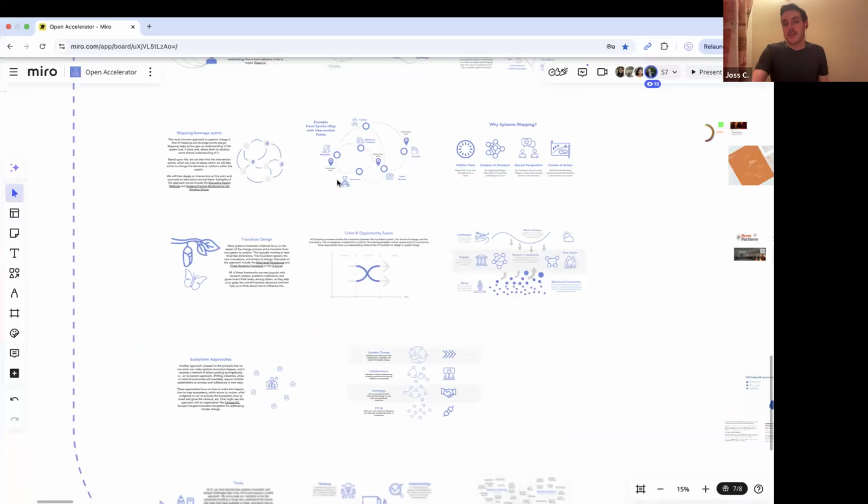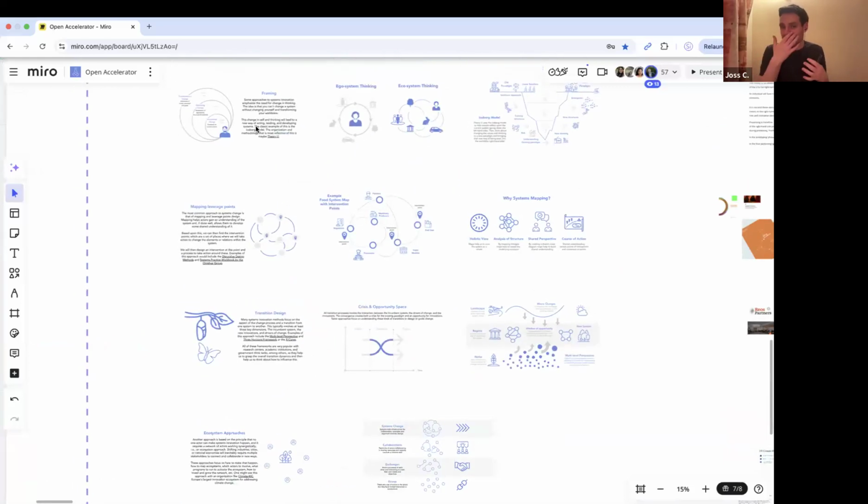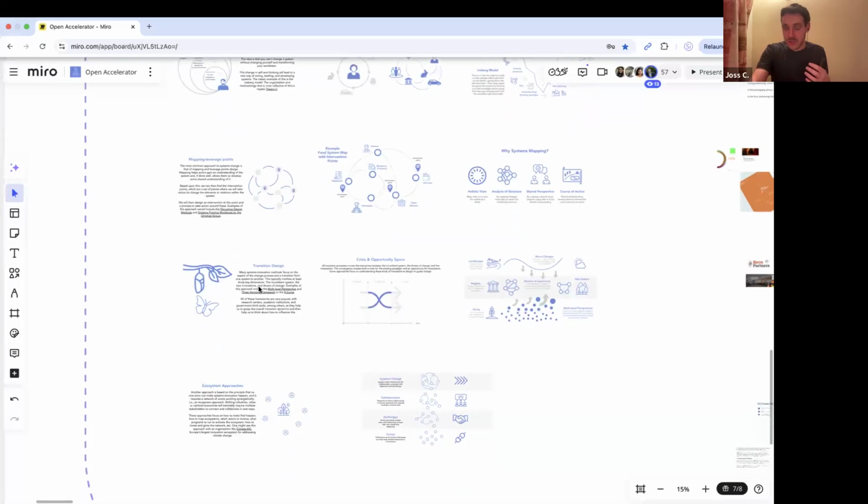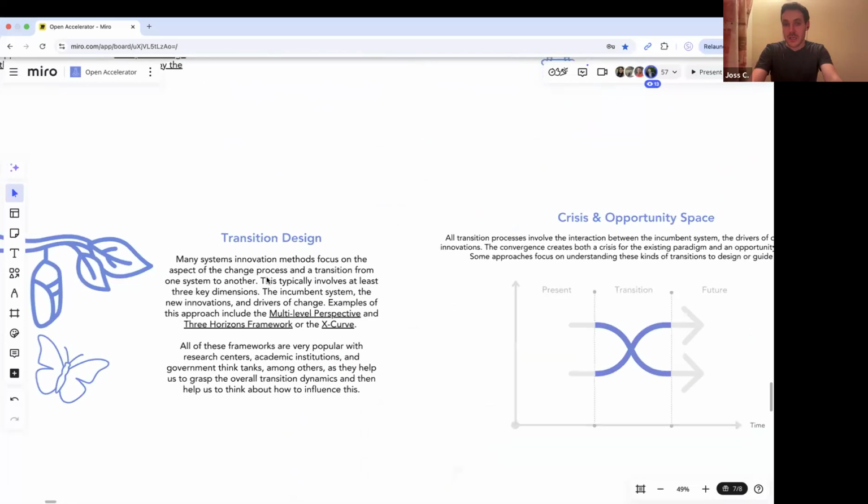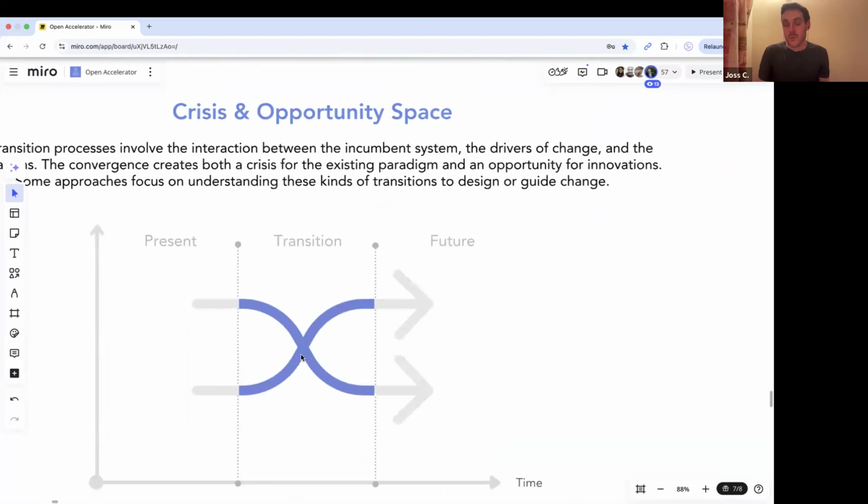So that's mapping intervention points. We'll talk about changing the paradigm, and these are all important aspects to systems innovation. Finally, or thirdly, about transition design. We are trying to move from one system in the past and the present to a new one in the future, and that implies a transition. It should be transformative because it's systems change. So this is one way of thinking about it, and one way that organizations do in terms of how do we